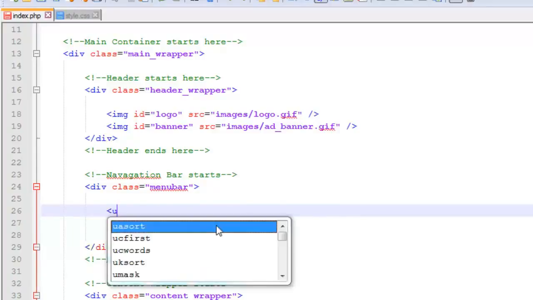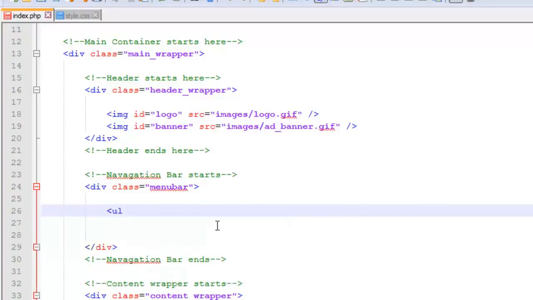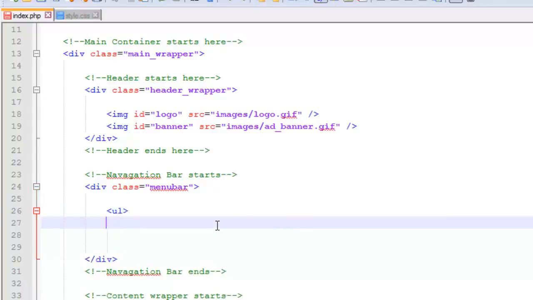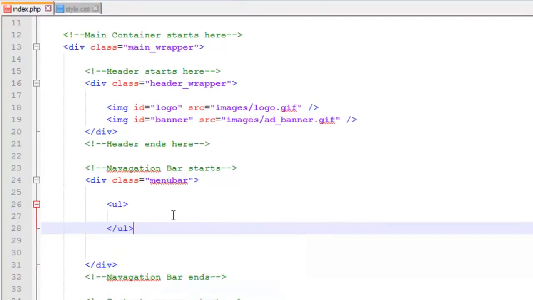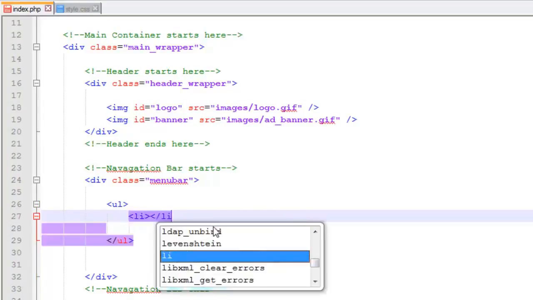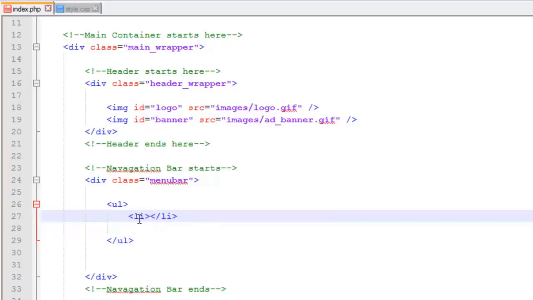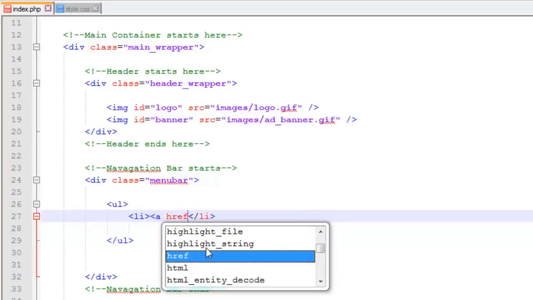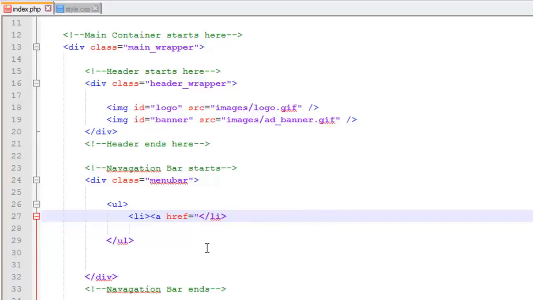For inserting the links inside this menu, we will use the UL tag, which is basically called unordered list. Inside the UL tag we will insert some links. For example, inside the UL we have to add the li tag, list item. So then we can create a menu. These are simple HTML tags. And inside the li tag we need to add the anchor tag, the link tag itself. This time we will just add some dummy links with hash sign, and we'll add some text like home,